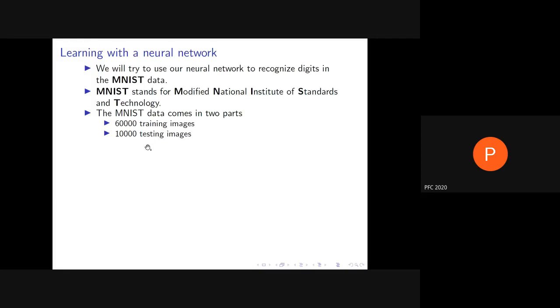Well, in our system, what we will actually do is we'll break up the 60,000 training images into 50,000 and 10,000, and use 50,000 to train and 10,000 to do what is called validation. We will discuss that in detail a bit later. But ultimately the whole game will be played with 70,000 images, and we will see out of the 10,000 testing images how many the program can actually recognize.